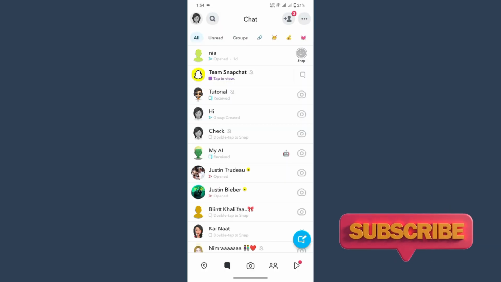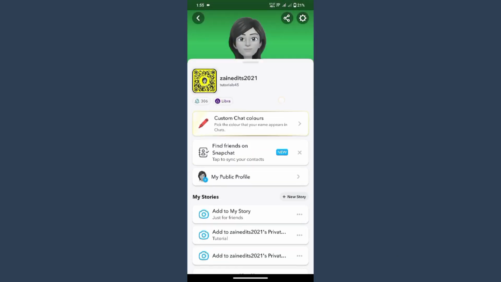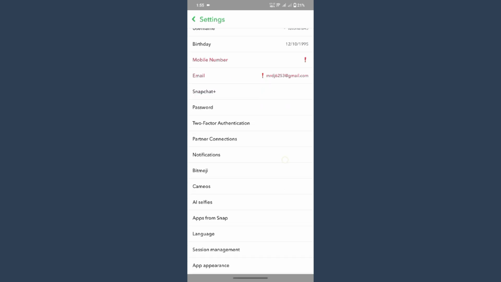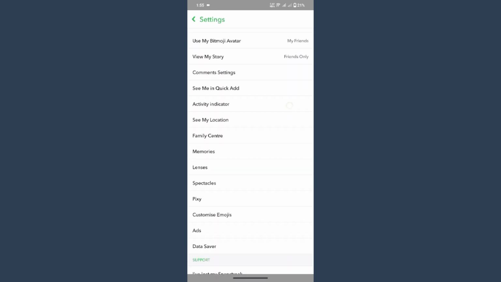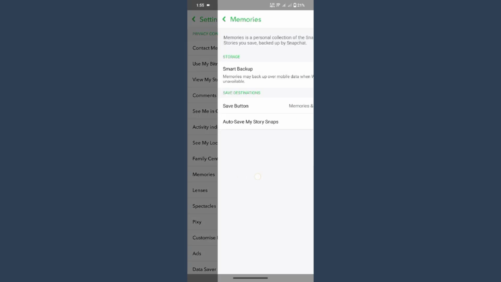First of all, you have to open your Snapchat and then you have to click on the profile on the left top. Once you are here, you are in your profile. On the right top, you will see the settings button. Just click on it and scroll up. Once you are here, you will see different options, so simply you have to search for the memories, click